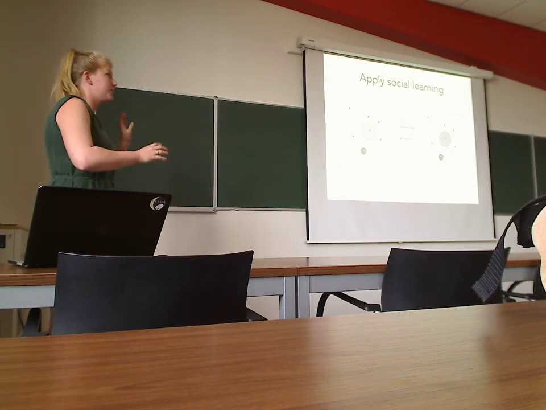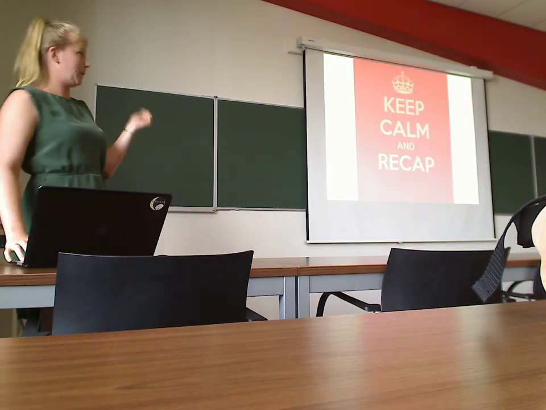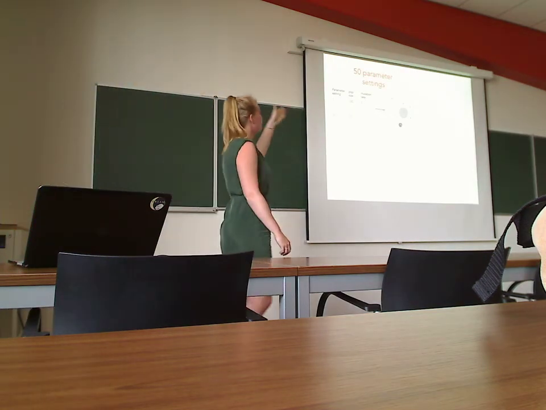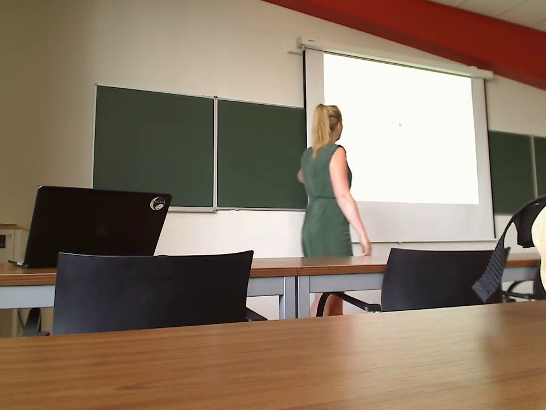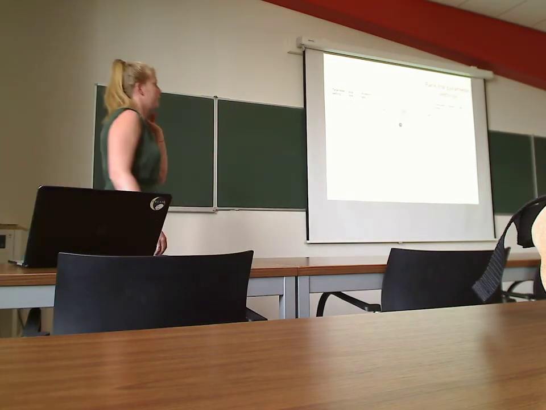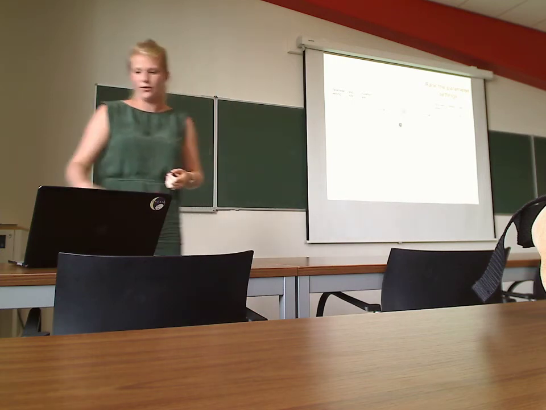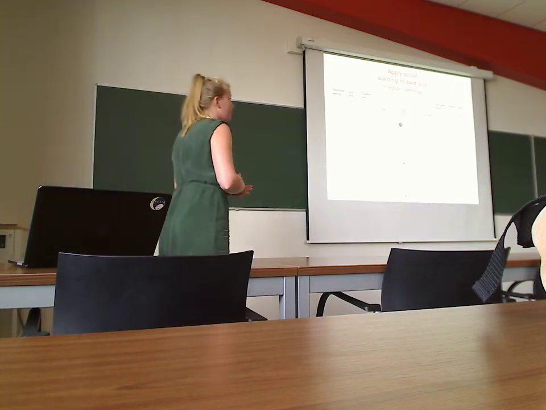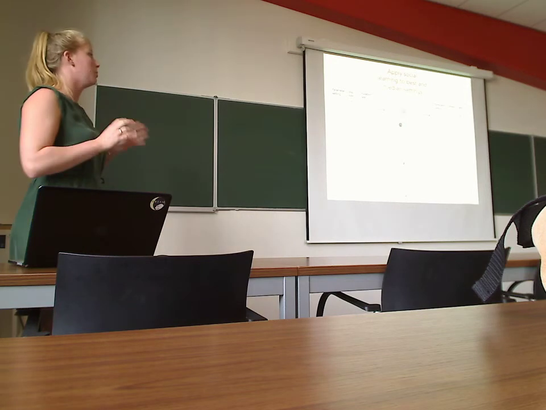Okay, so now you have all the details of how the robot is learning. Just a small recap of the experiment we actually did. We have 50 parameter settings, that's the population size, mutation rate, possibility to add a node, all these different parameters, which are too many to list. We give them to one robot learning, and we rank them. Parameter settings 1 to 50 are ranked based on their average fitness over multiple runs. Then we call parameter settings 1 to 10 the best settings, and parameter settings 20 to 30 the medium parameter settings. For those settings, we apply social learning.